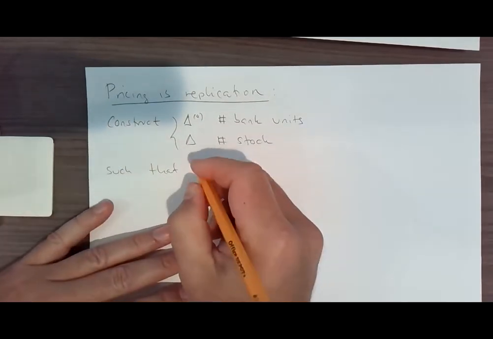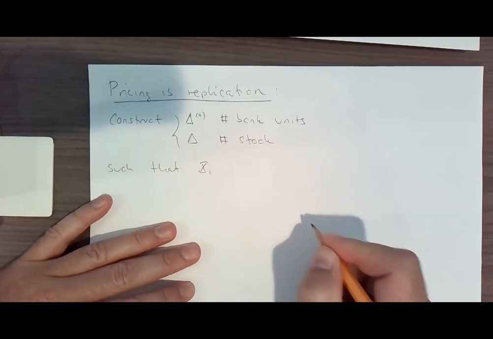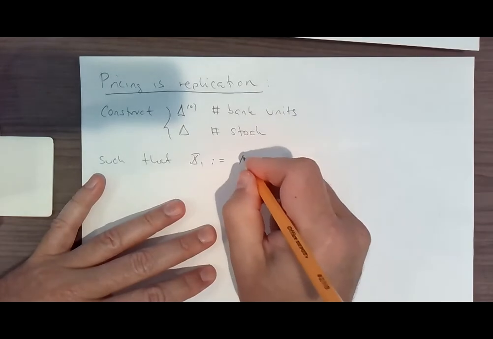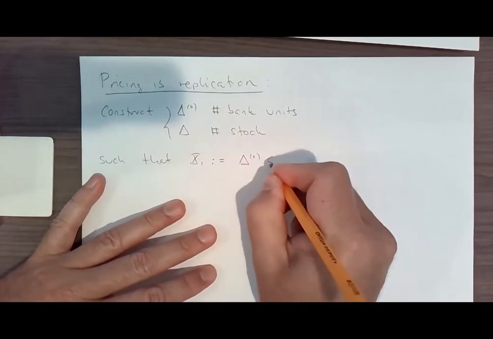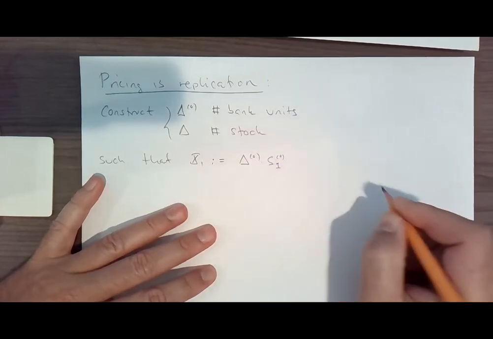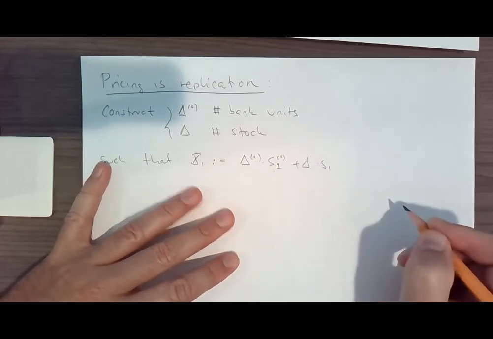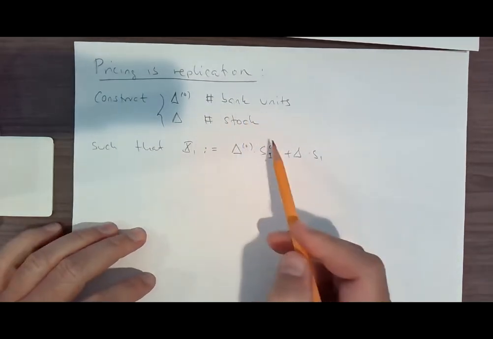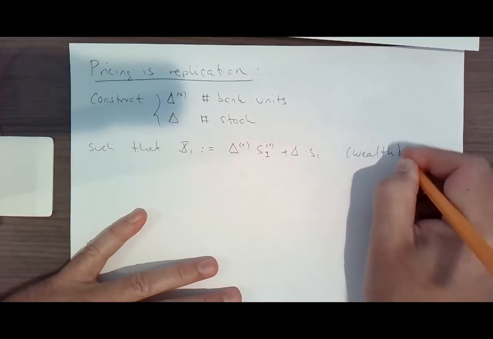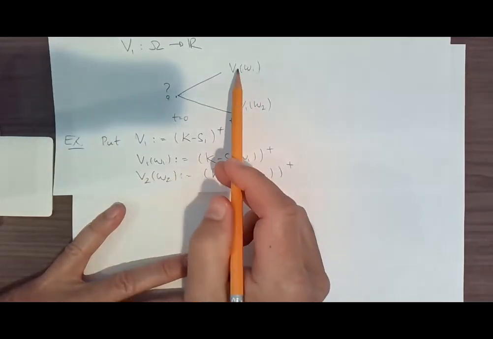the wealth X1 is going to be the number of bank units times the bank price at time 1, plus the number of shares times the stock price at time 1. Construct these 2 such that the wealth equals that payoff that we're interested in, V1,